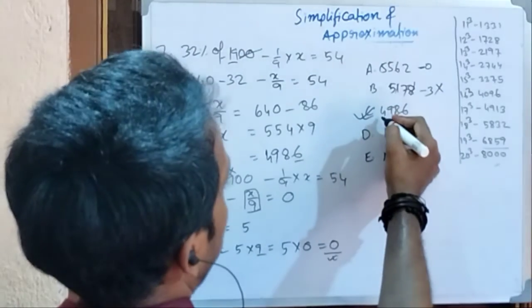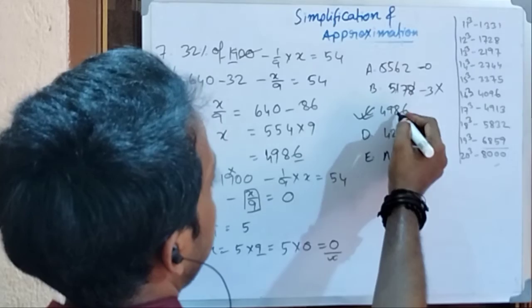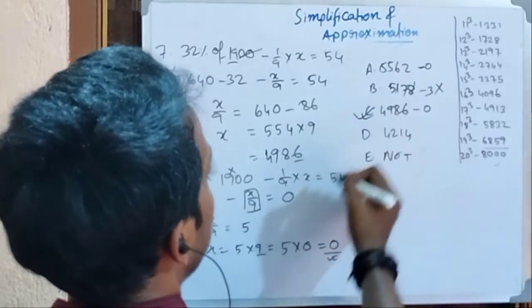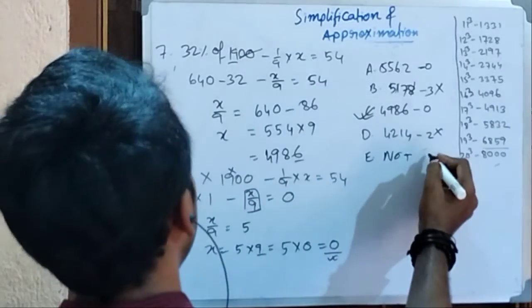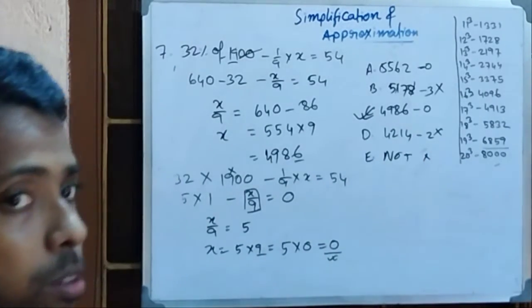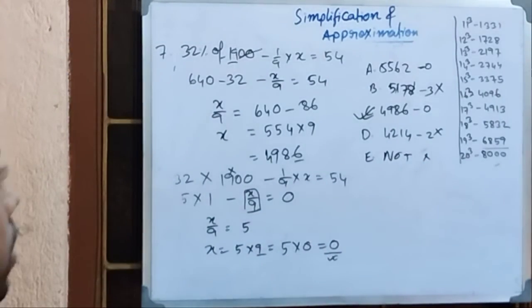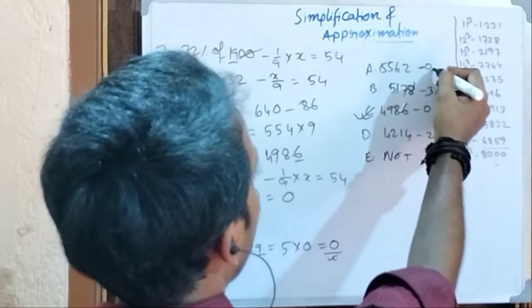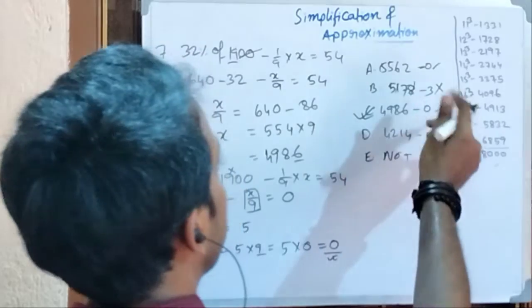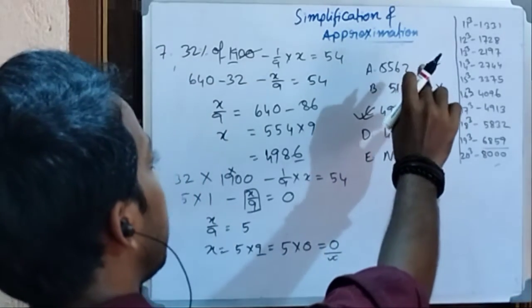So 6 plus 4, 10, 9 and 8, 8 plus 1, 9. Yes, it comes 0. 4, 4, 8, 9, it comes 2. No, not the answer. And most of the cases, none of these is not the answer. Now here, both option A and option C give us the digit sum 0.